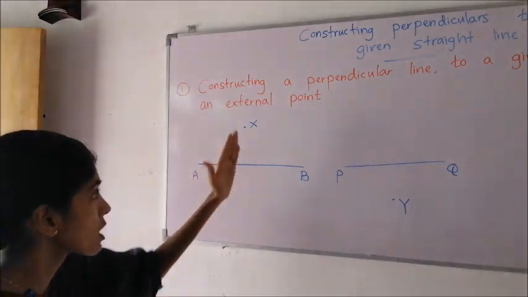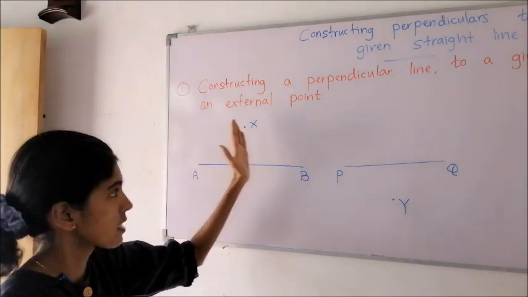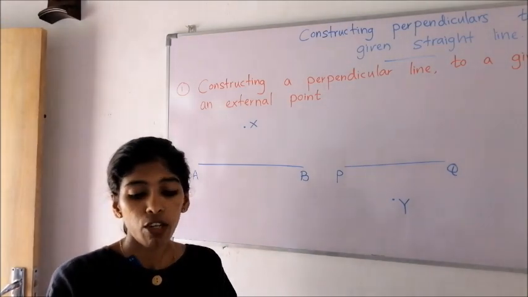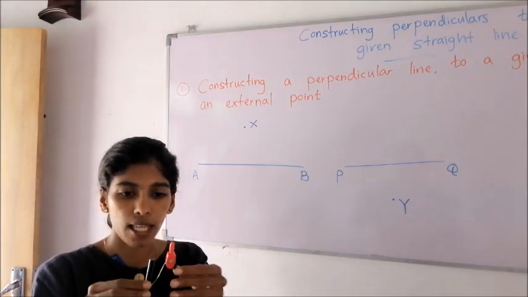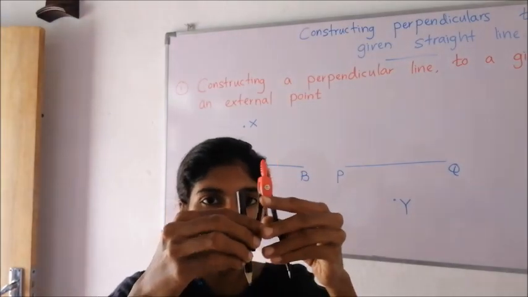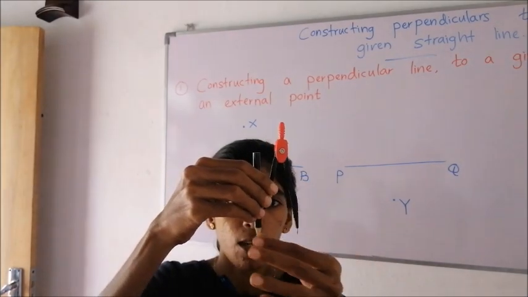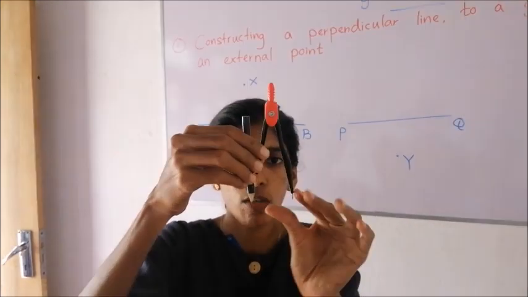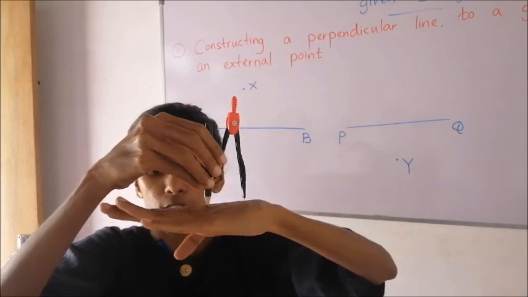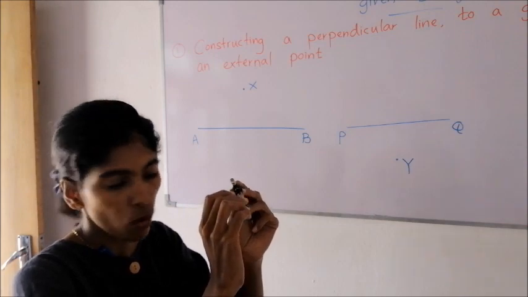So you should know if it is perpendicular, it shouldn't be slanted like this. It shouldn't be slanted like this. It should be perpendicular. So firstly children, take your compass. When you fix the pencil, open the compass a little, and when you keep the metal point and the pencil point, they should be located at the same level. See, they should be on the same level when we keep them on a table, right? Then the pencil point should be sharp also.